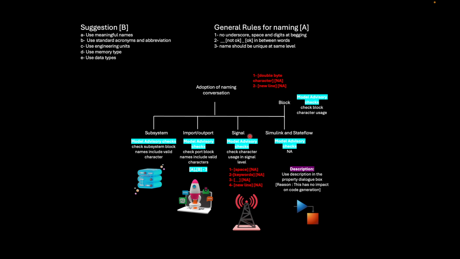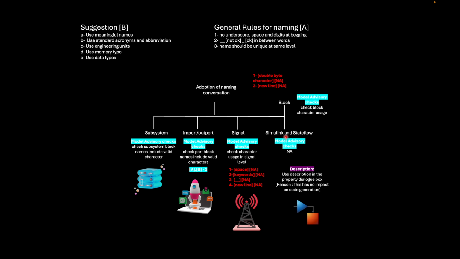Then signals. For signals, you need to have a check for invalid characters in the signal labels. So it will check all the labels of the signals that are there in your model. For Simulink and Stateflow, there are no model advisory checks available. These need to be taken care of by the developer. So coming to the rules, all the general rules and the suggested rules mentioned for the naming convention need to be followed in the creation of subsystems, input output blocks, and signals,